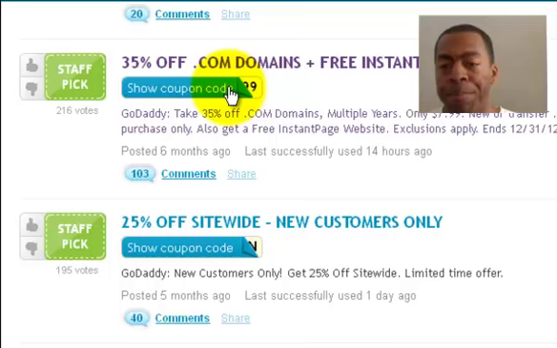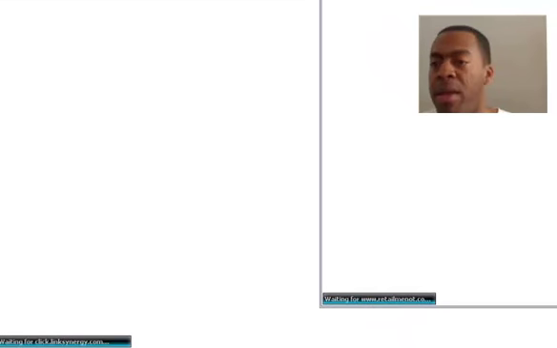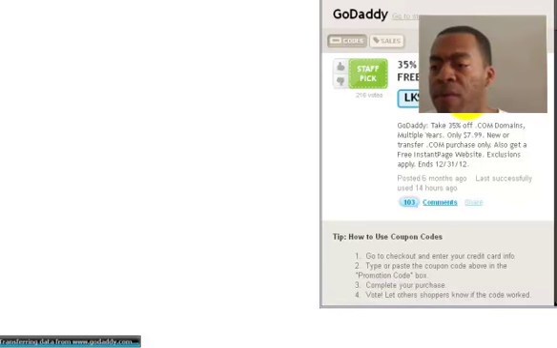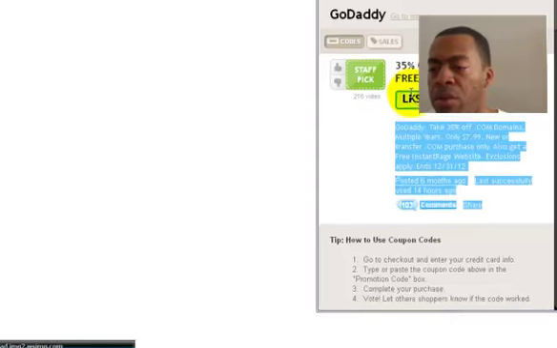You click on that here and it will open up in a new window. Two different things will open up. Number one, it's going to open up the GoDaddy website, which will take you there directly to go ahead and purchase the domain name. Or it's also going to open up this small window which is loading right here, and when it finally finishes, you'll see here they're going to give you the code. So what you do is you take your mouse, you right click, copy that code,